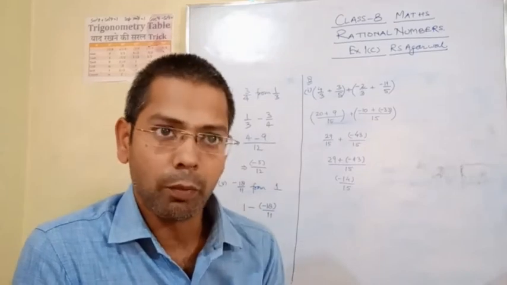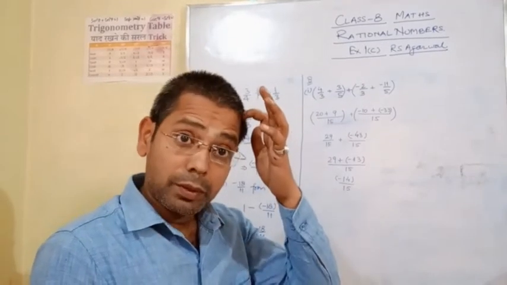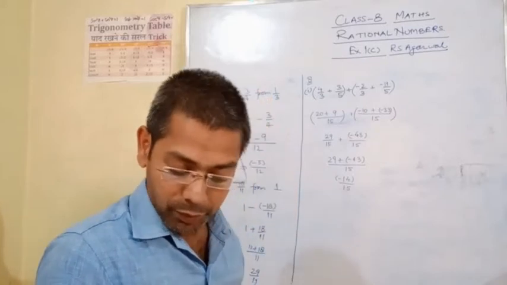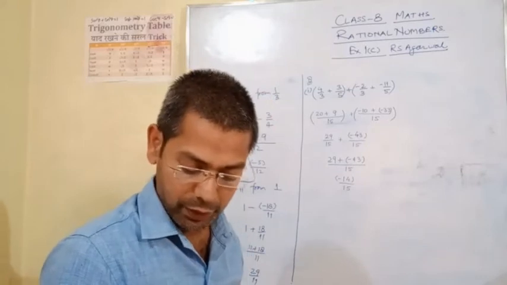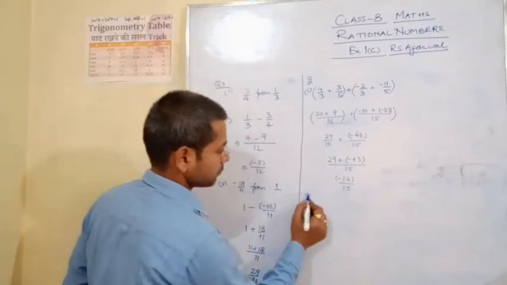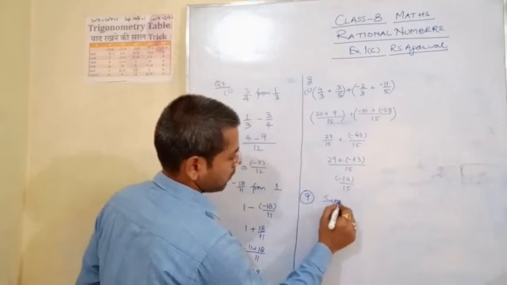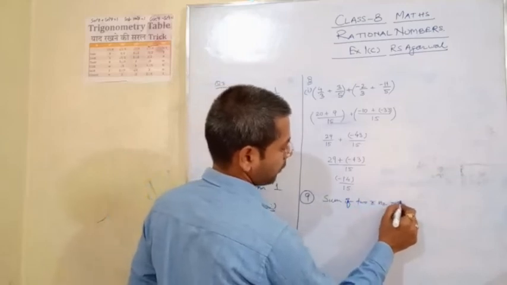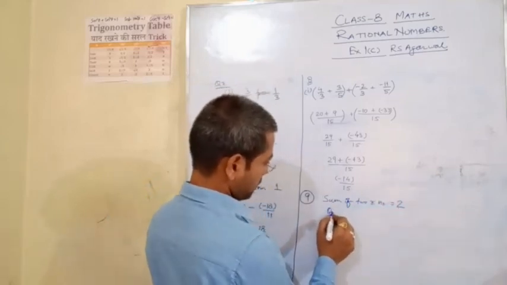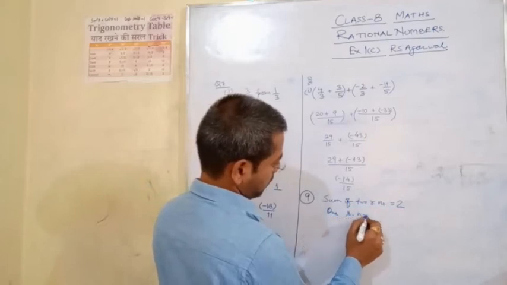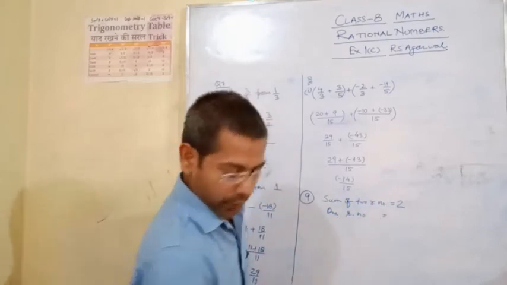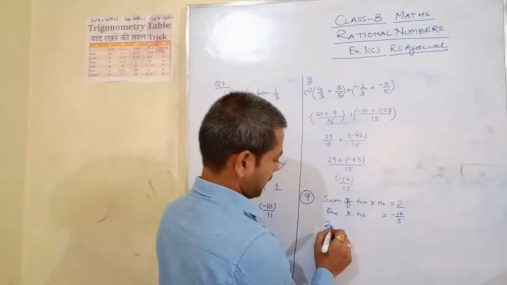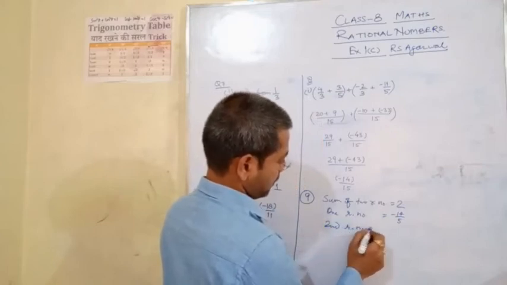Afterward come the word problems. The first word problem, the 9th, tells us the sum of two rational numbers is minus 2. If one of the numbers is minus 14 upon 5, find the other. The sum of two rational numbers is equal to 2. One rational number is given as minus 14 upon 5. The second rational number is equal to